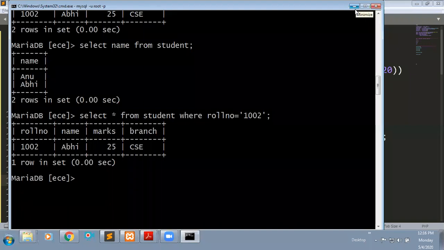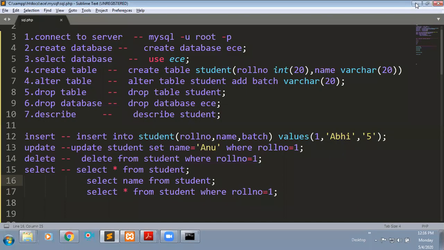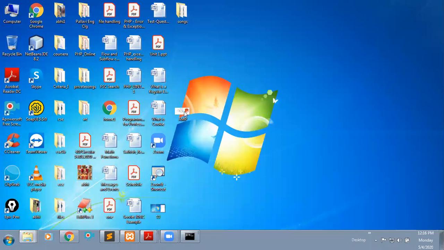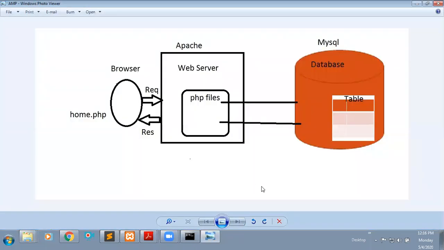See, in the last class, using these files, I connected to this server. As of now, I have just directly entered into this database.